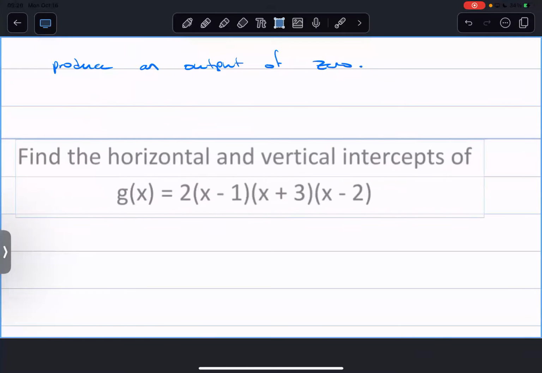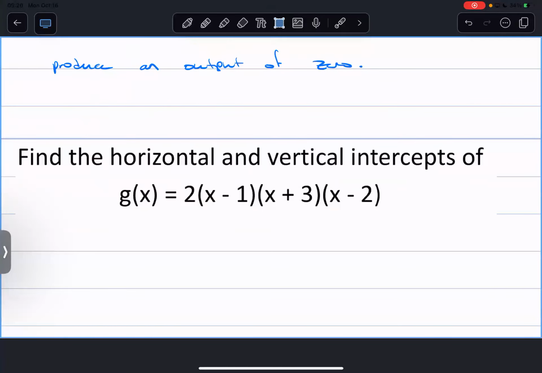Find the horizontal and vertical intercepts of g of x is 2 times x minus 1 times x plus 3 times x minus 2. Now, when it's factored like this, it's super helpful, right? And so if it's not given to you in factored form, it's always worthwhile trying to put it into factored form, breaking it up and representing it like this, okay? But let's start with